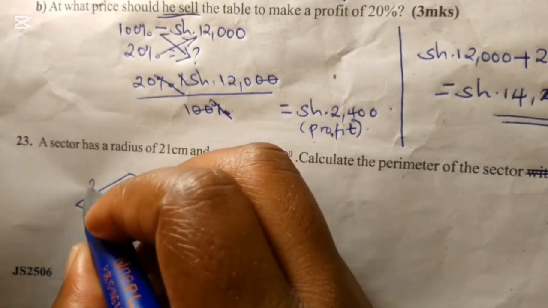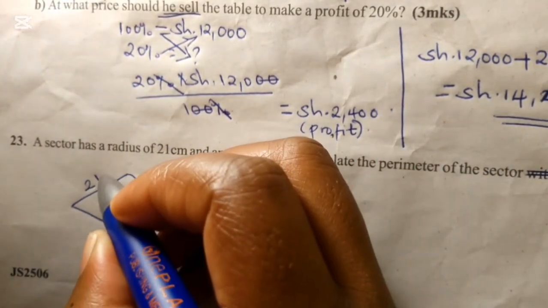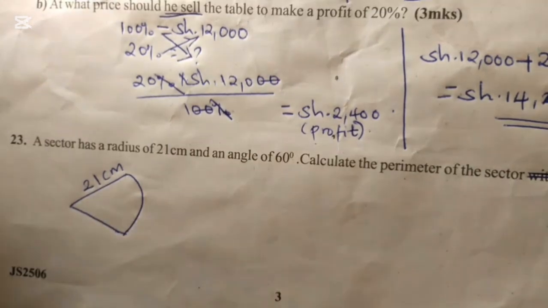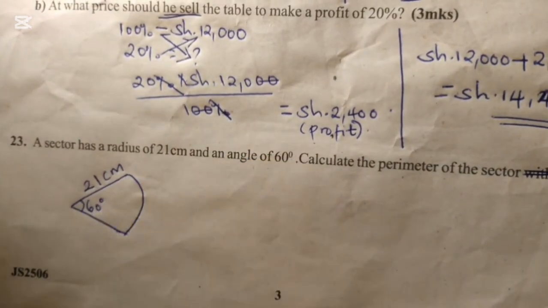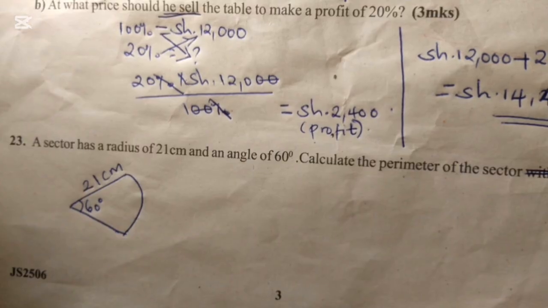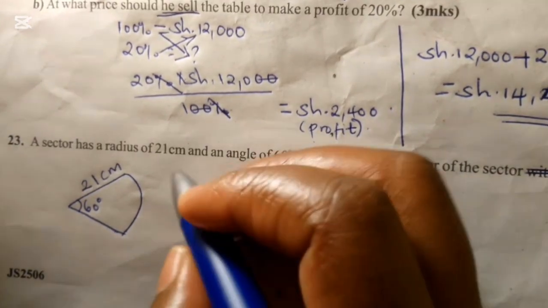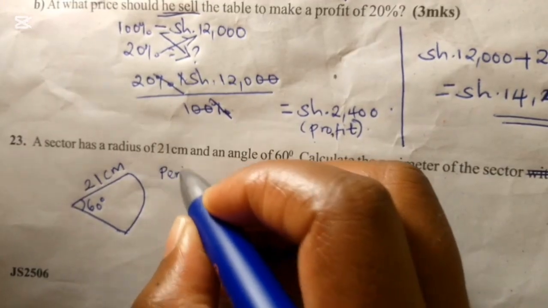And then we have 21 centimeters as the radius, and 60 degrees as the angle, and the question is the perimeter. So I'm supposed to know that the perimeter